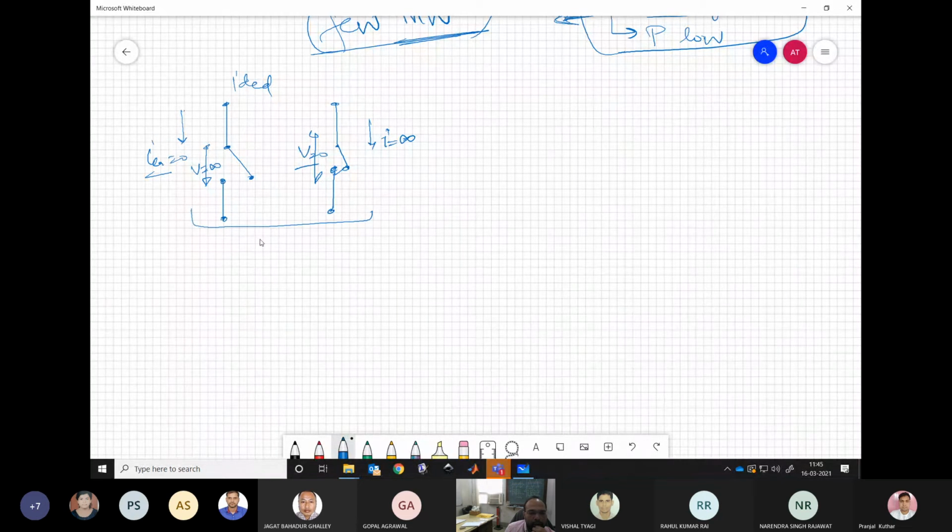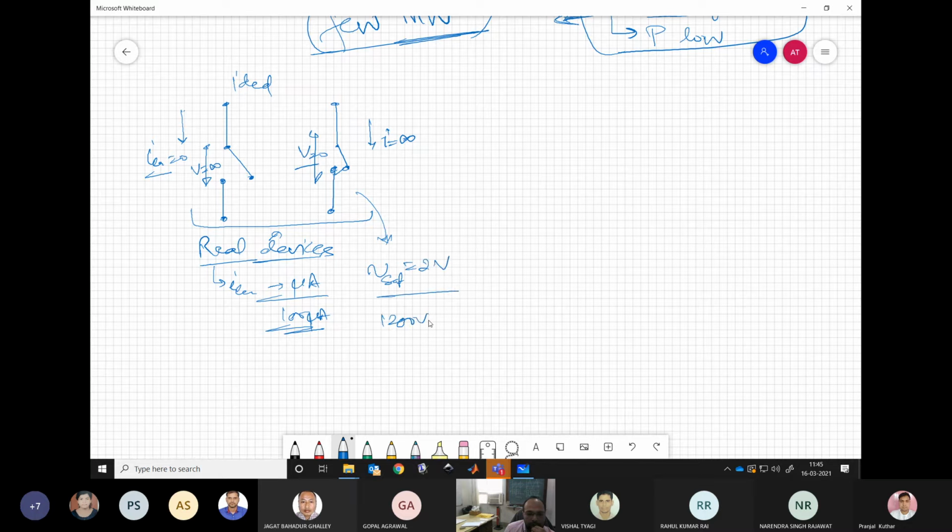So what we have found is that real devices are very, very close to this. Close means the leakage current will be almost zero, insignificant, maybe a few microamps or hundreds of microamps, which is insignificant compared to the power levels we are dealing with. And this on-state drop would also be small. Let's say for an IGBT it's 2 volts. Compared to a 1200 volt DC bus, this is insignificant. Still there is some loss, but not very severe. This is very, very close to what we see in ideal devices.